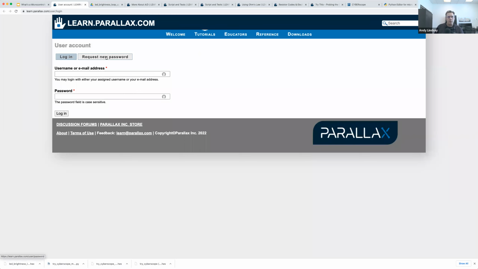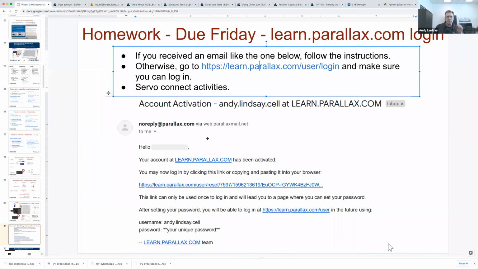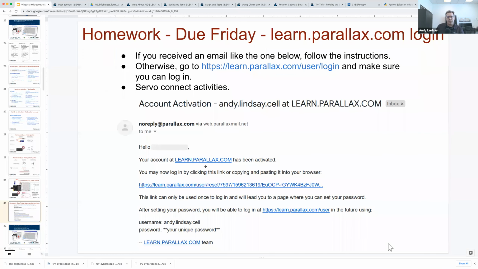If you can't remember your password, there's a request new password button right there, and it'll email you instructions on how to do it. Now, if you have not previously signed up for learn.parallax.com, and this is, by the way, just so you've got it before the workshop is over, you won't need this for participation's sake on Friday, because I'm just going to go here, show you the teacher resources, and you have to be logged in to get to them, or at least to get to the solution sets. So it's not crucial for Friday,